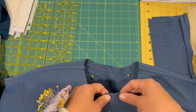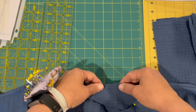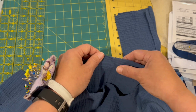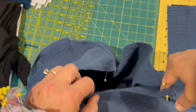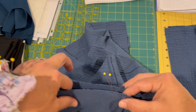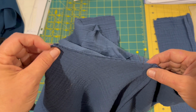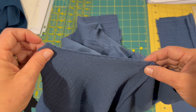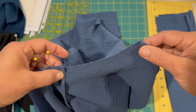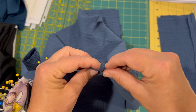So hopefully when you cut it out, you made a little notch to mark center front and center back. There. If you did not mark center front and center back, all you have to do is match up your shoulder seams and then come out to the front, and that's where your center front will be. That's one of the quarter spots, and then from your shoulder seam to your back, then the second spot will be right there,